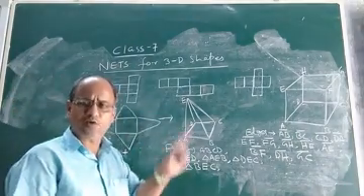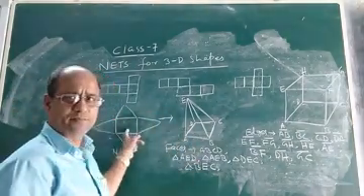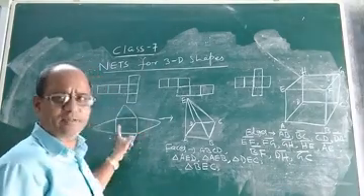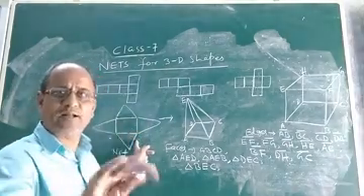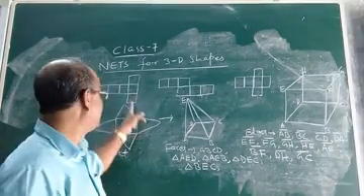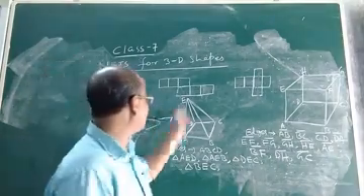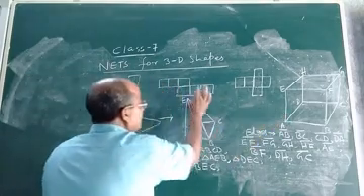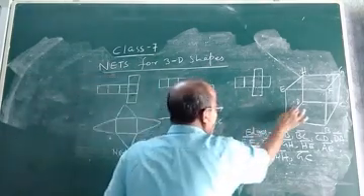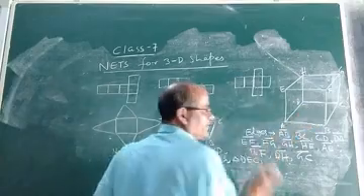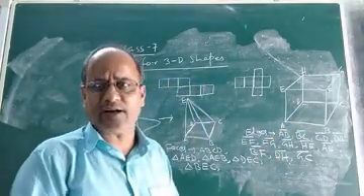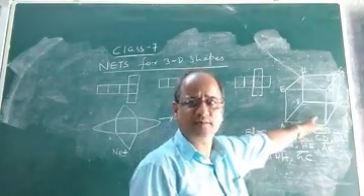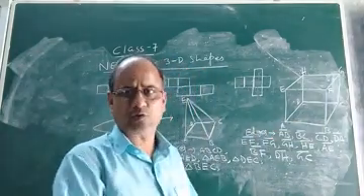Now children, the question is, if you fold all these faces of this net, what will you get? You will get a solid. As I told you, this is one net of a cube, this cube. This is another net of the same cube. This is another net of the same cube. I have taken only 3 nets. You can draw more nets of this same cube also.